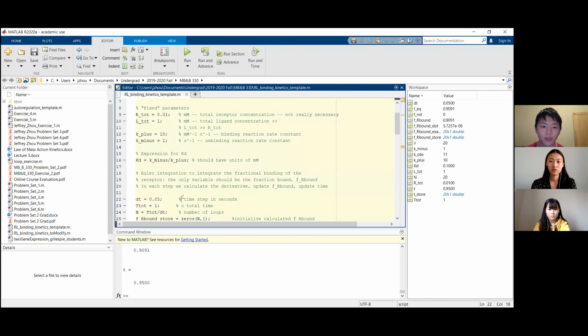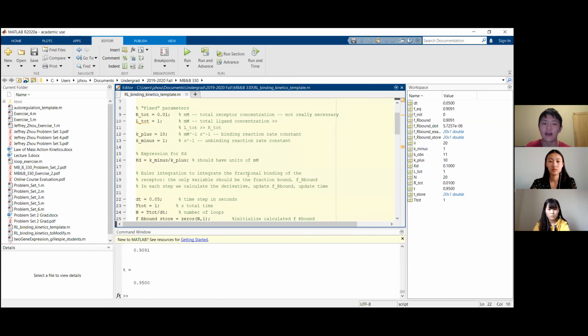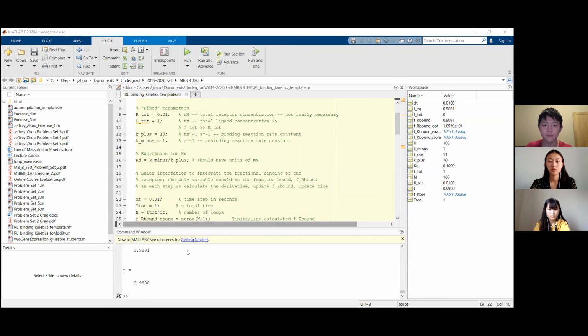And let's play around with this a bit and see what happens if we change the time step. So the time step is basically how far it travels before our numerical method recomputes the slope. So this was with a time step of 0.05, but let's see what happens if we change to 0.01. Okay, so you can see that by decreasing the time step, it looks even closer to the analytical solution now.